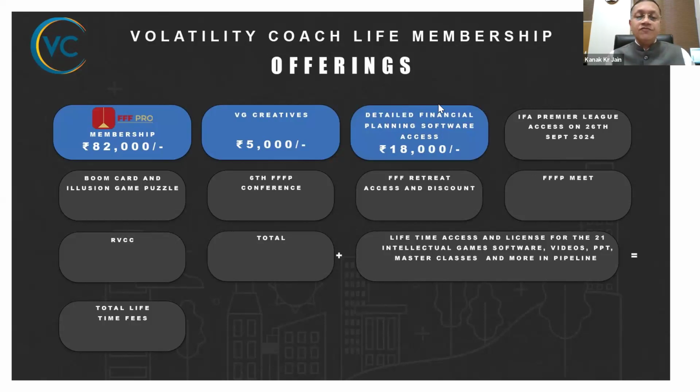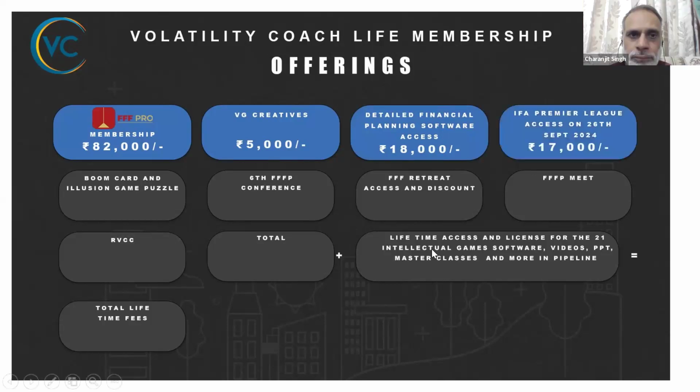1,000 मैंने 100 पेज फाइनेंशियल प्लान, मैंने 845 पेज फाइनेंशियल प्लान, डिटेल्ड कैश फ्लो स्टेटमेंट, तो उसका अलग सॉफ्टवेयर है। वो एवरी ईयर 18,000 लगता है उसका। ठीक है। फिर एक हम लोग IFA प्रीमियर लीग करते हैं, जो कि आपकी कम्युनिकेशन स्किल्स को बढ़ाता है, और आप किस तरीके से हर साल अपने कम्युनिकेशन, स्टेज परफॉर्मेंस को बेहतर करके एक और बेहतरीन वक्ता, स्पीकर बन सकते हैं। सो दैट इज समथिंग विच वी डू,